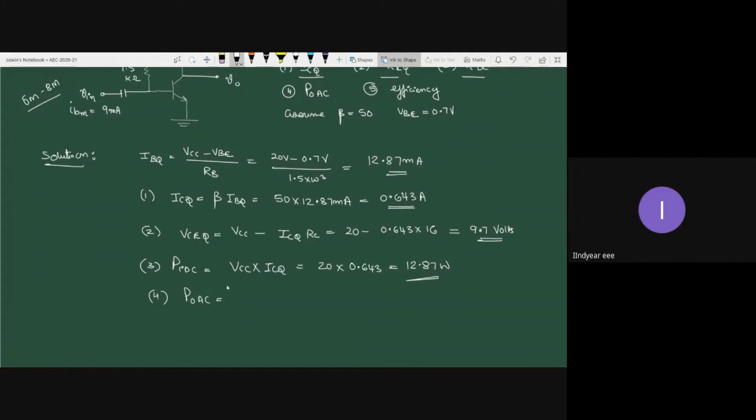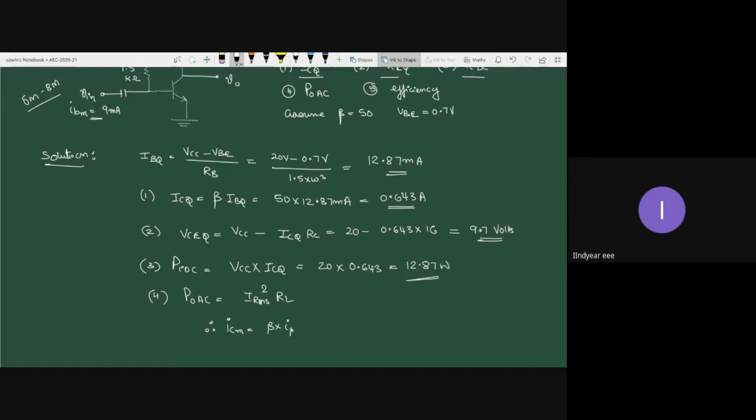Okay, so Po AC, we can basically write IRMS square into RL, right? Now, but what is IRMS? Because RL is known, which is 16 ohm. IRMS is unknown. So you cannot directly write a value for IRMS provided you derive that particular value. Okay, now how do I get the RMS value? Now, if you look at the problem statement, it's been given that the maximum value for base current is 9 milliampere. So therefore, maximum value for collector current is